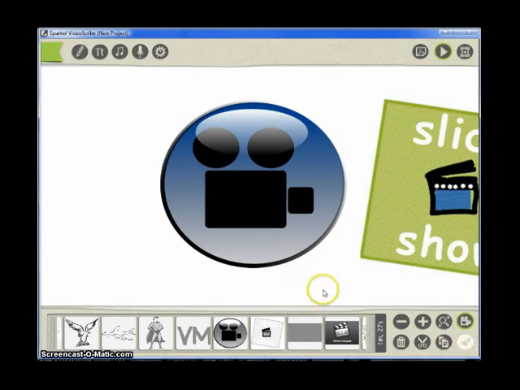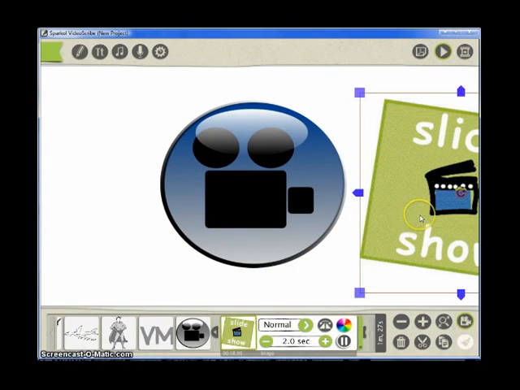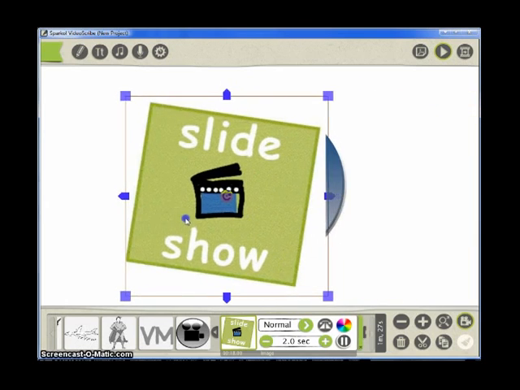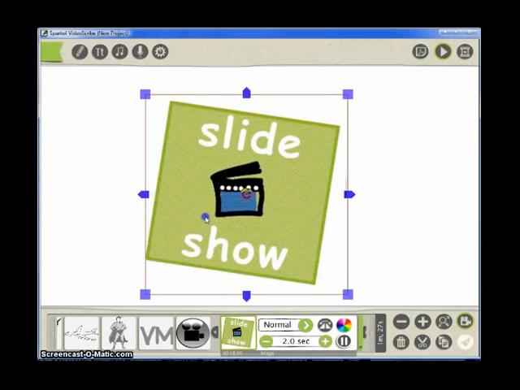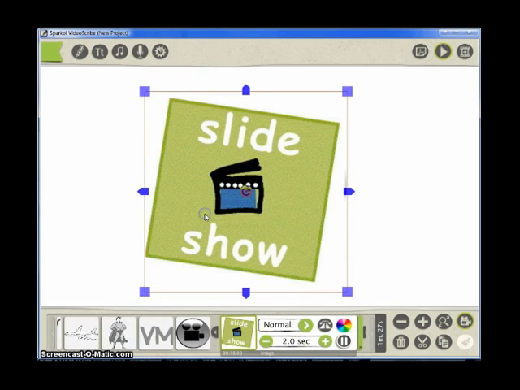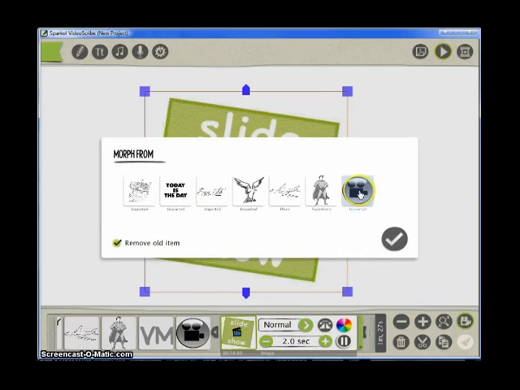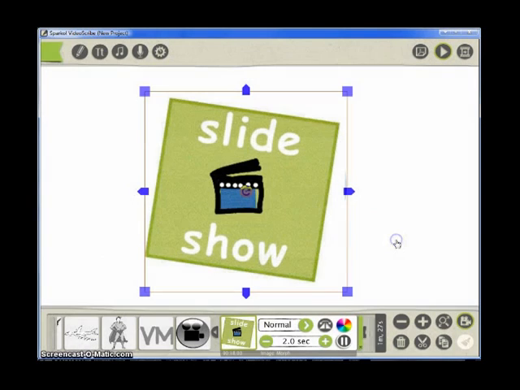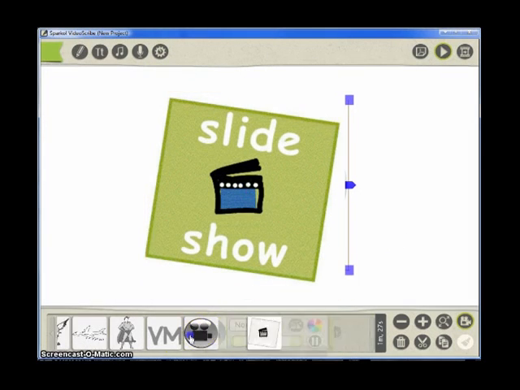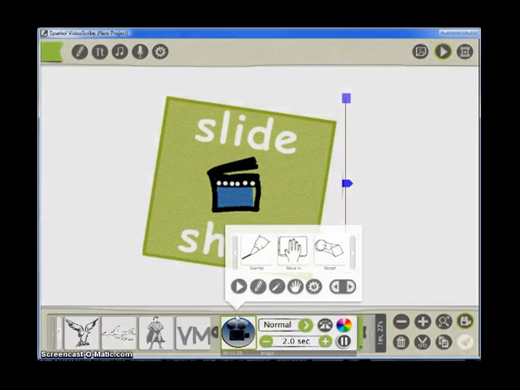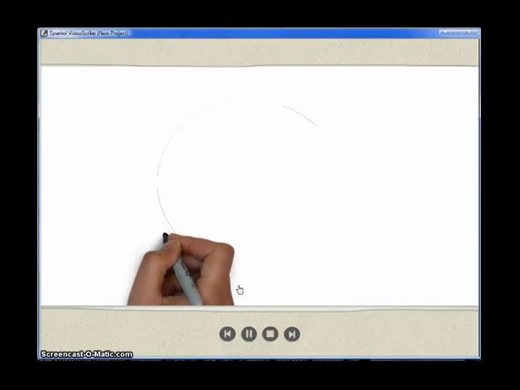Now, again, I said I'm gonna take the next image, and I'm gonna put it right on top of the other image, so you can't see the first image anymore. I'm gonna click on it. I'm gonna hit here, morph again, and then I'm gonna have it morph over the previous image, and hit OK. So now if I go back to here and hit play from that point on,